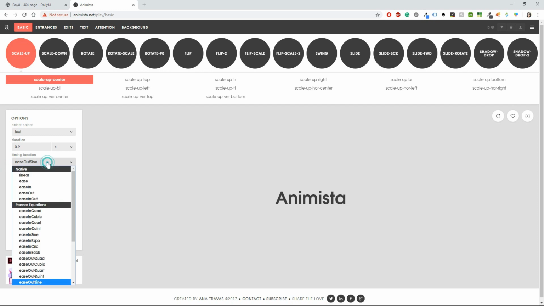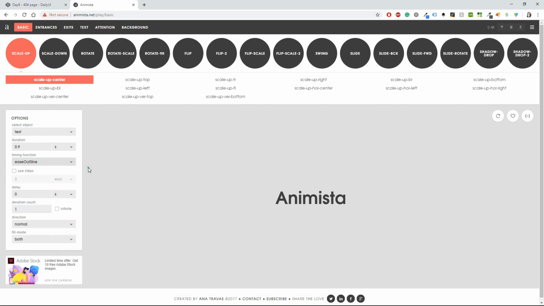You have the timing function that you can have a lot of different things in. I'm going to leave it on the default one, which is the ease out sine. You can have steps and a delay. I'm going to make it 1 second. And then the iteration count, which is how many times you want to see the animation. You can either have it as 1, 2, 3, 4, 5, or you can click on infinite, so you will